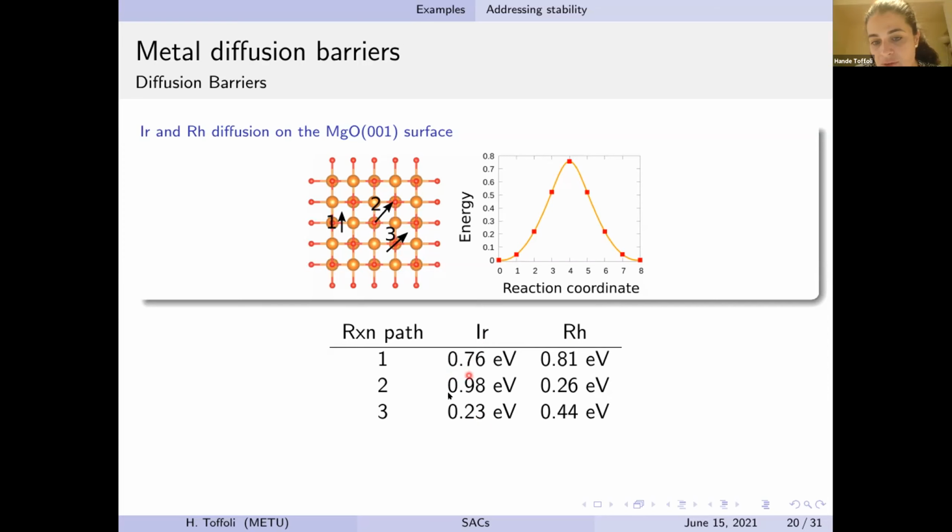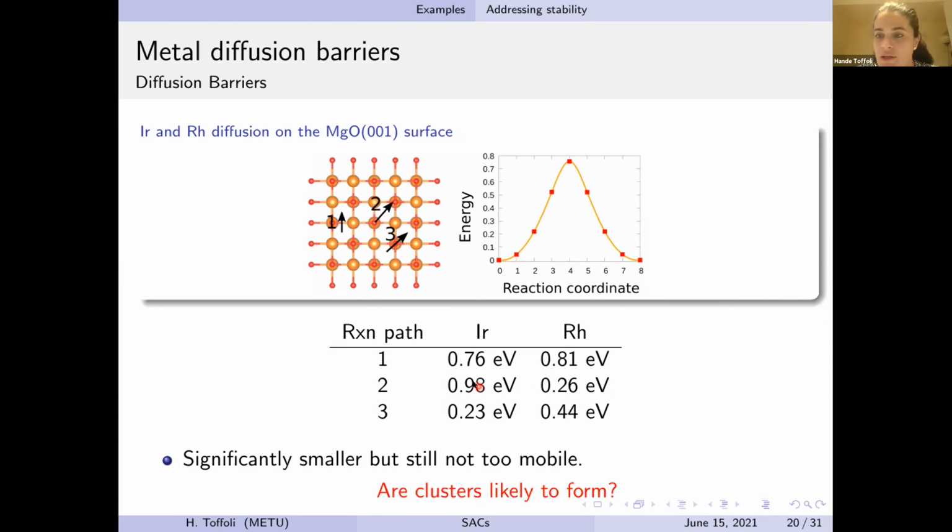So as you can see, we got diffusion barriers that are much smaller than aluminum, but still not too bad. So we get these 0.2 eVs, which provide very easy ways of escaping. But also we get these larger diffusion barrier energies as well. So of course, magnesium oxide is not as good a trap for metal atoms as aluminum.